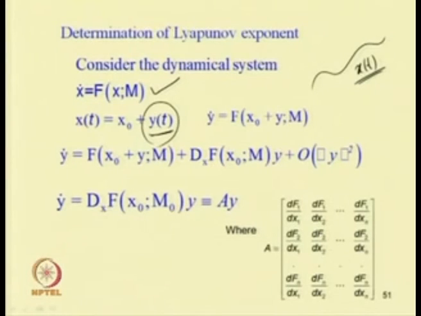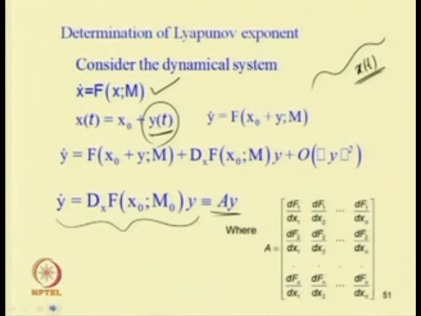So, if we are perturbing this, we should know how this perturbation will expand or contract, and depending on that we can find the Lyapunov exponent. So, we can write this by perturbing this equation: y dot equal to A y. This is similar to the stability analysis we did in the case of the fixed point response and in the case of the periodic response.